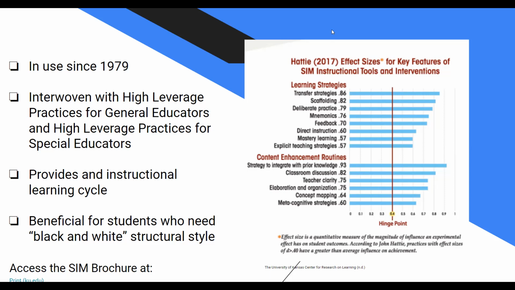And so if you had to explain to someone, say your principal came in and said, okay, I don't have a problem with you using this, but please define the instructional strategies for me and the evidence behind that. You would simply say, this is an instructional learning cycle that integrates these specific learning strategies in place. And we have to remember that this is really important. This type of learning style is incredibly important and has a significant impact on students who need that step by